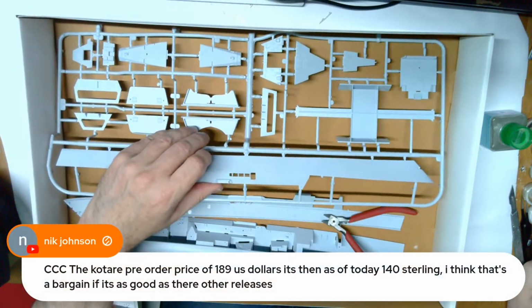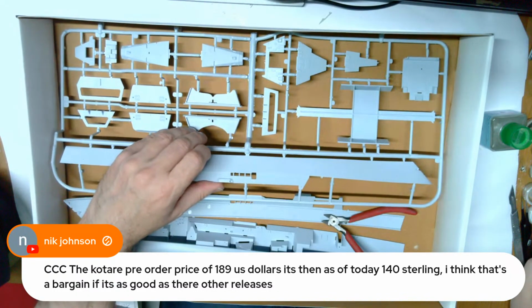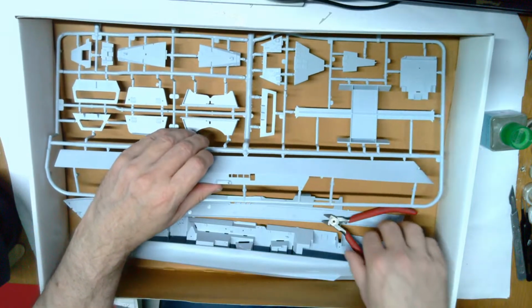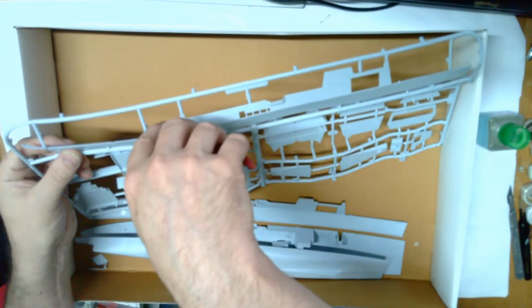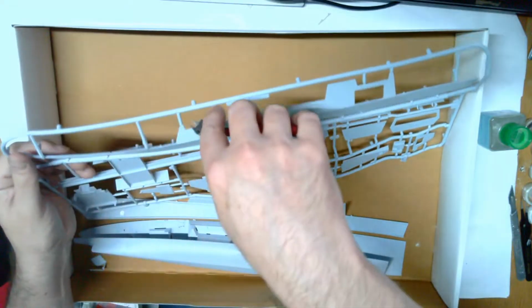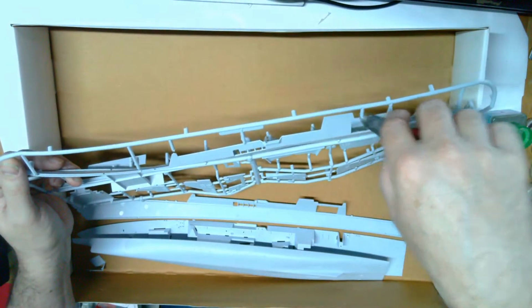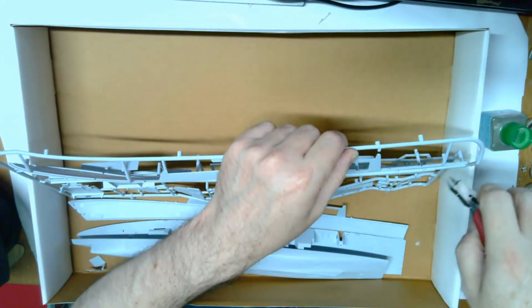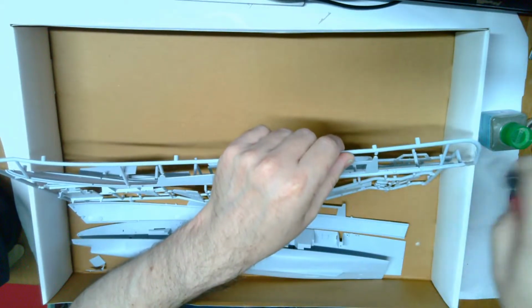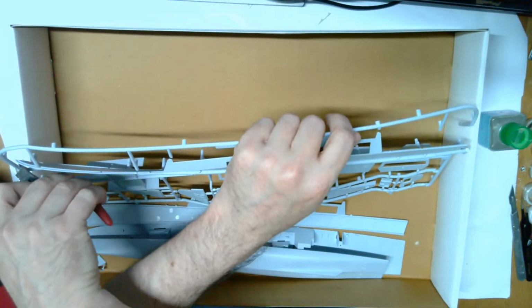Nick, just on the Qatari, says the pre-order price is about 140 sterling, which is a bargain if it's as good as their other releases. Yeah, as I mentioned in the video, I think the price is acceptable. I don't think that is the issue. I think there are two issues. One is the pre-order nature, and somebody did say in the comments, didn't Beacon do that for their releases? Yeah, but Beacon are...